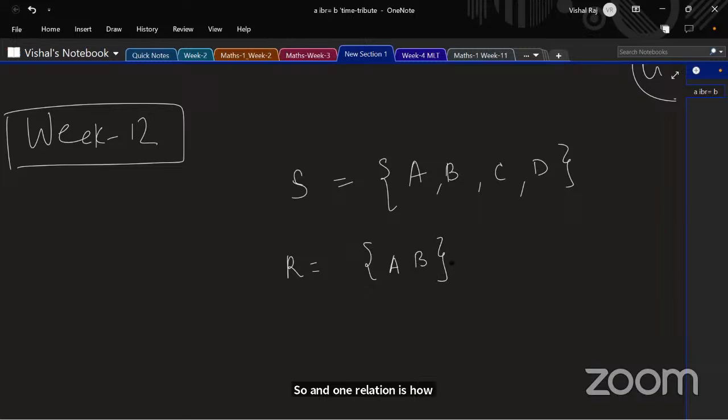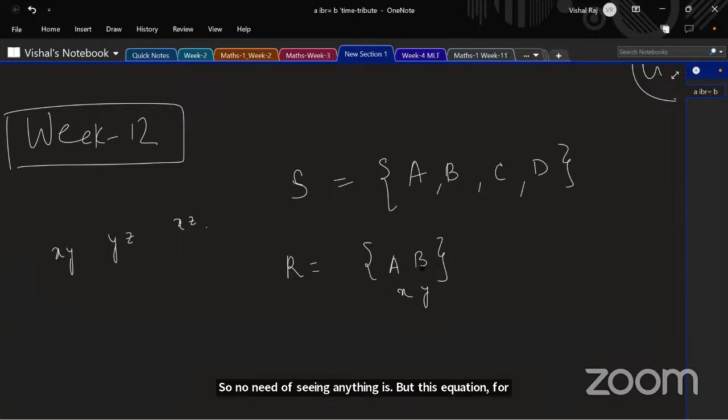Whoever said it's not a transitive relation, why is this not a transitive relation? First tell me. I told you what the condition is: if XY and YZ are present, then XZ should be present. And if XY is present only and YZ is not present, there is no need of seeing anything else. For this relation, you have XY present.